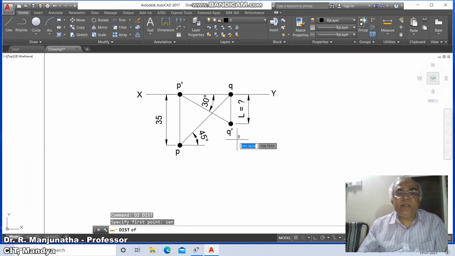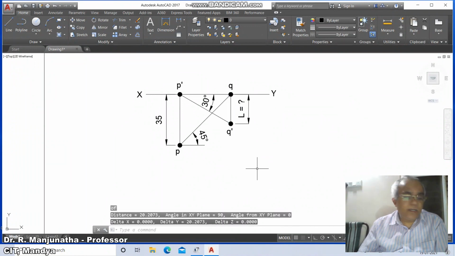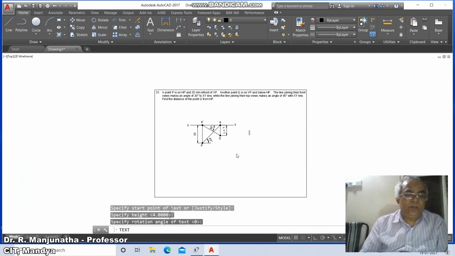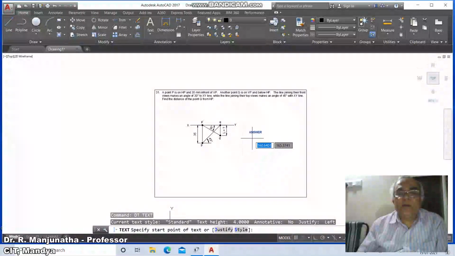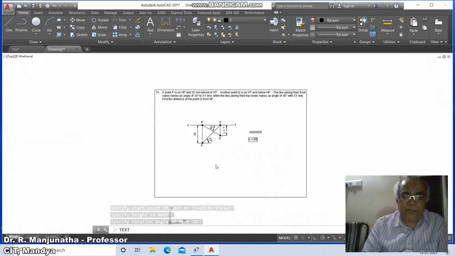Measure the distance between the center of this to the center of this. We get it as 20.21. So the answer is capital L equals 20.21 mm.